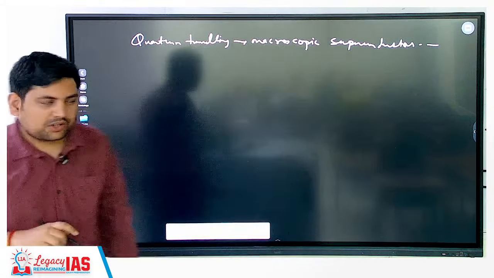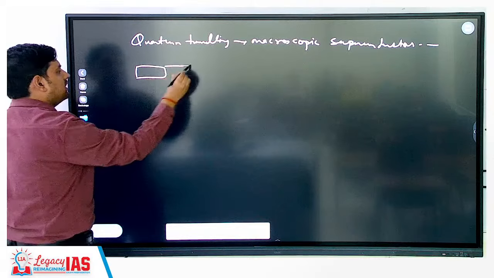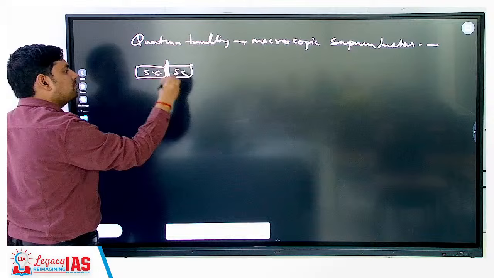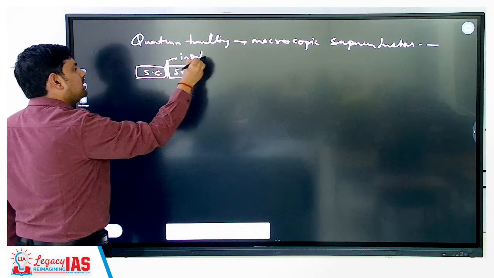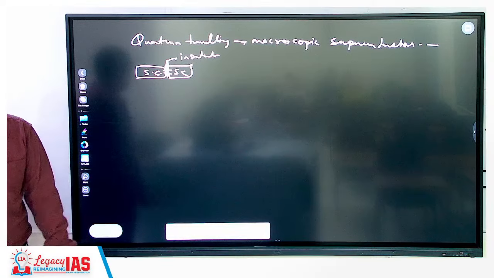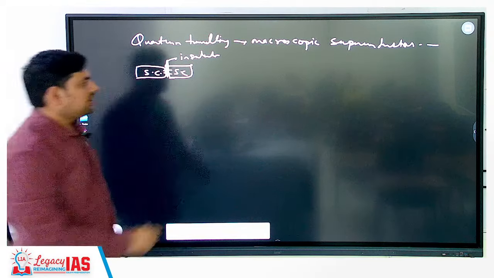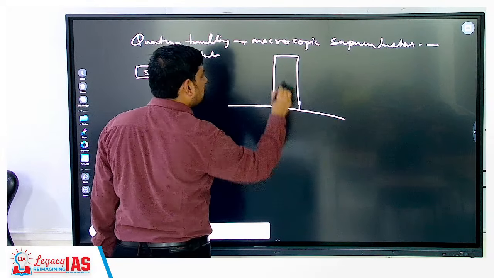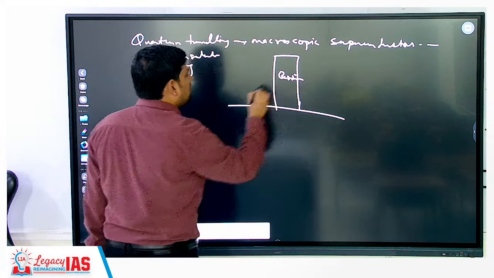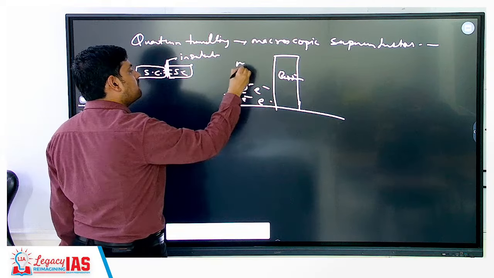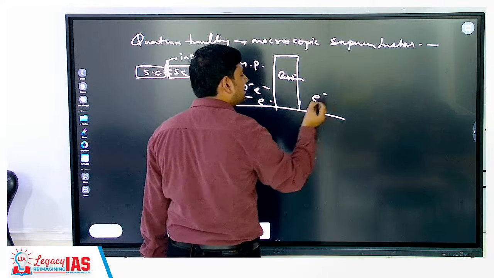Okay, here what you can remember is this diagram. This was the superconductor, this was also a superconductor, this was the insulator, and there was some tunnel that was forming in between. Correct? And the other diagram, if a question comes in the mains, you can draw this is your barrier. Now here just draw electrons, many electrons, and write here most probable, and here just write one and say